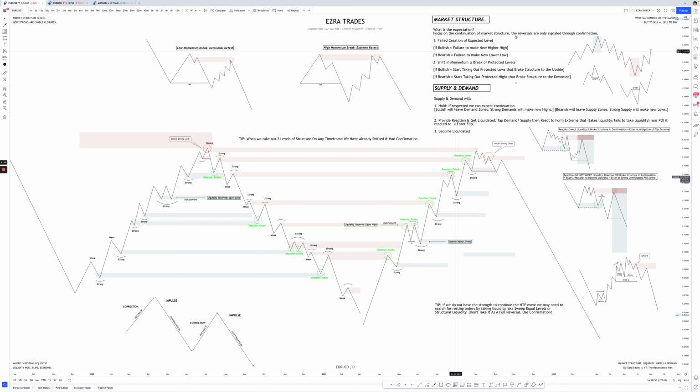Now, when it comes to market structure, something that I'd like you to really think about is if we look at this chart here, a lot of times, just because we think that price is bearish, we're like, oh, we just broke structure to the downside, we should just continue, let's just keep taking supplies. Price breaks structure, and you might not even notice that to the left, it already broke the higher time frame structure. It might already have broken the low to the left, or the high to the left if we're bullish, right? But once you see that happening, once we've